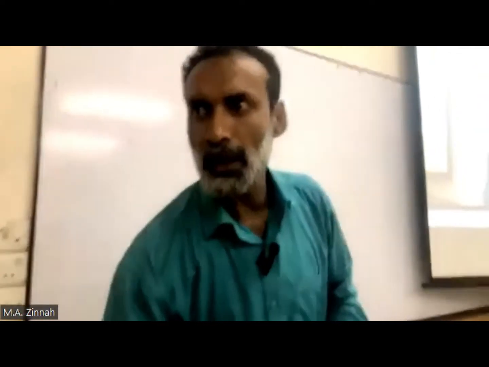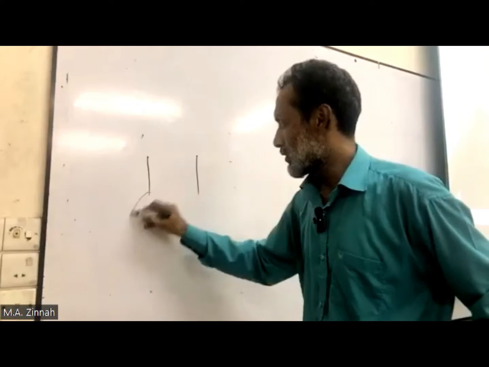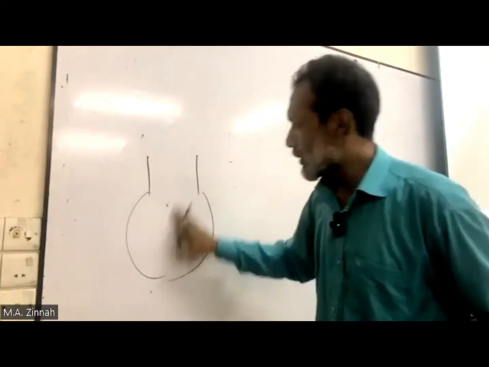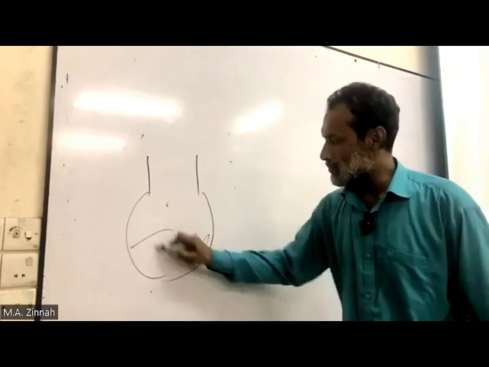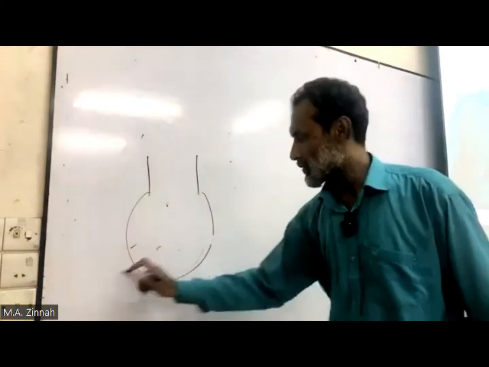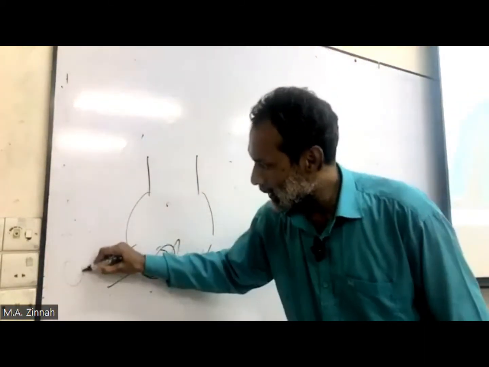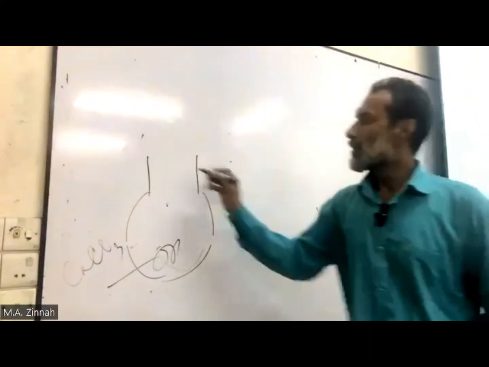Okay, I will show you. Unless I show you, you may not understand this clearly. This is a reaction flask. You take here some what? Calcium carbonate first. Solid calcium carbonate. I write: first take solid calcium carbonate. Okay? And then